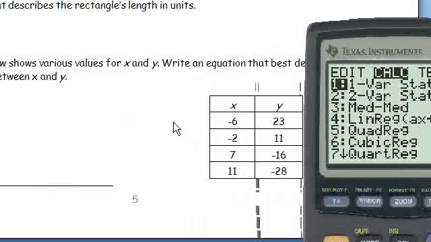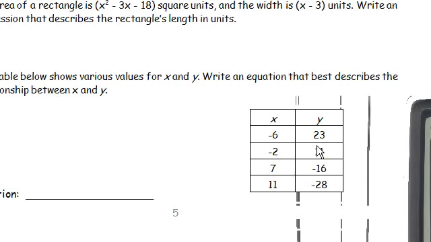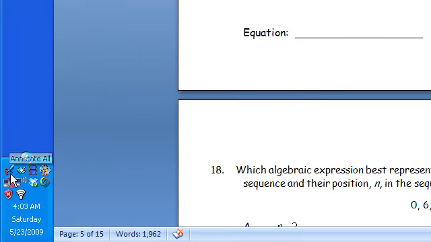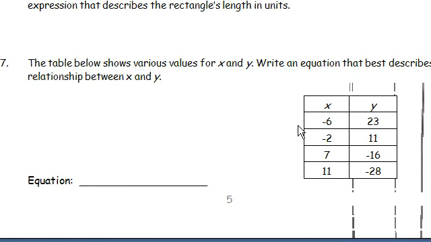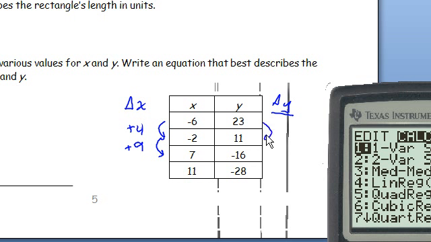okay, well, let's see, write an equation that best describes the relationship between x and y. Well, we want to first test to see whether or not this is a linear relationship or a quadratic relationship. So we need to see if the rate of change was constant through all of this. So change in x here, we added 4, and then to get from here to here, we added 9. Let's see what we did over here. To go from 23 to 11, we subtracted 12. And then to get from here to here, that's at 12. We subtracted